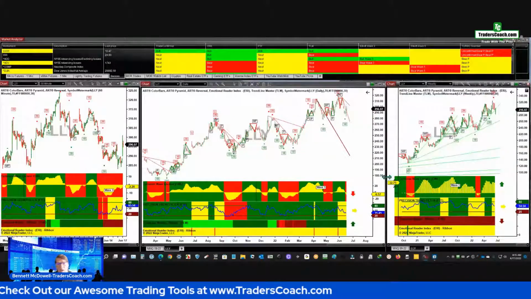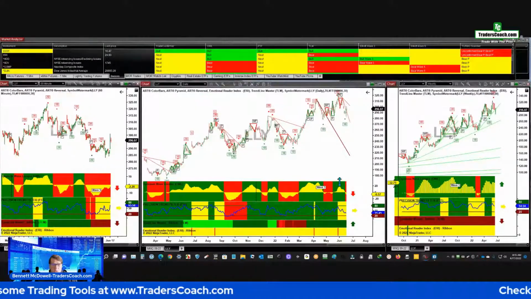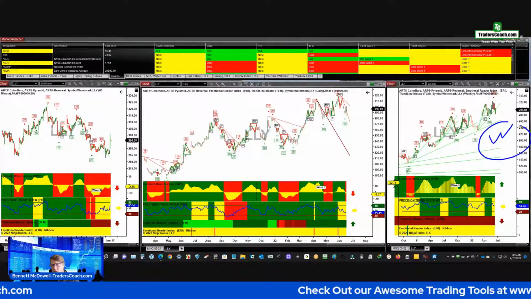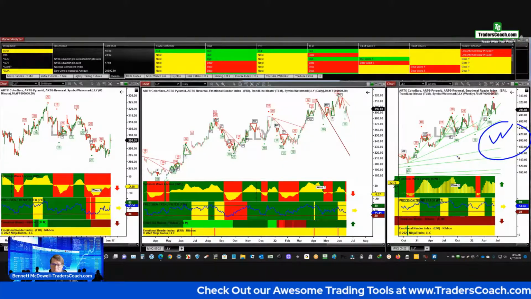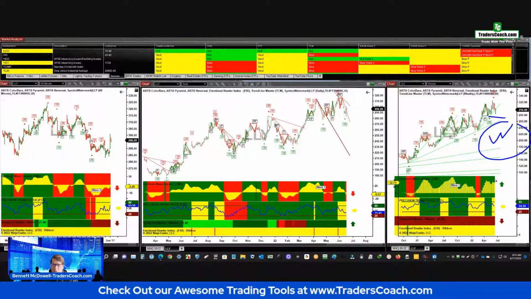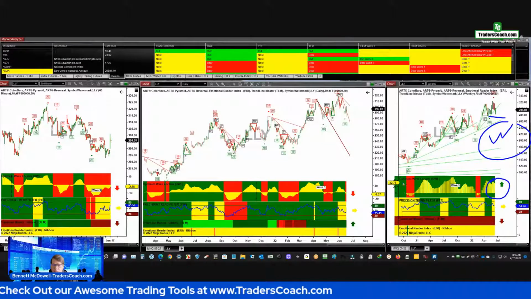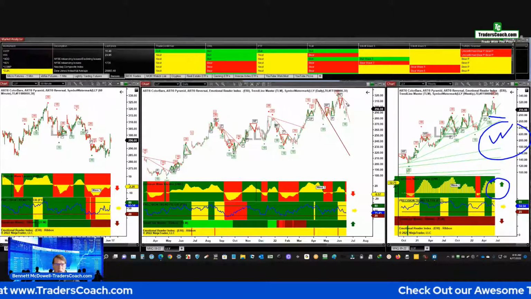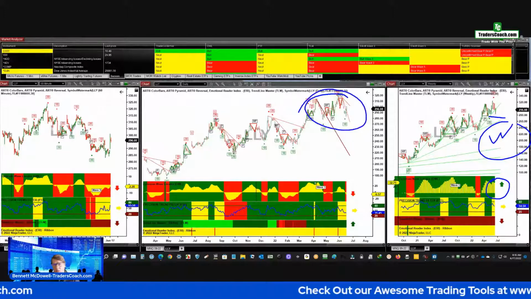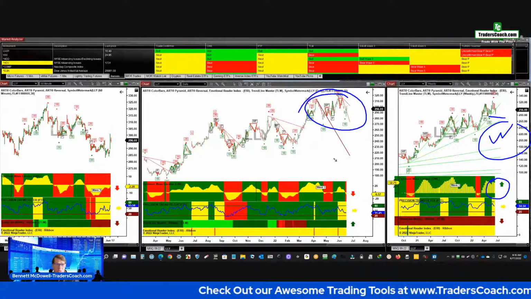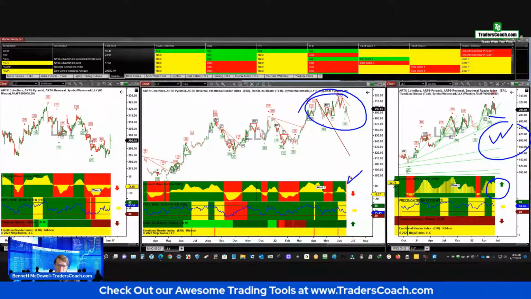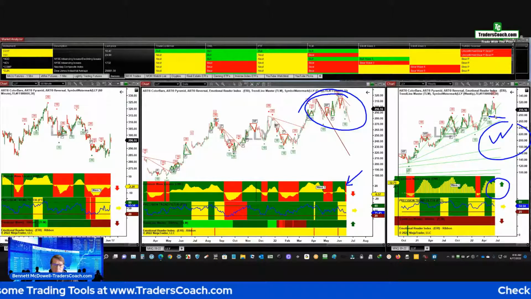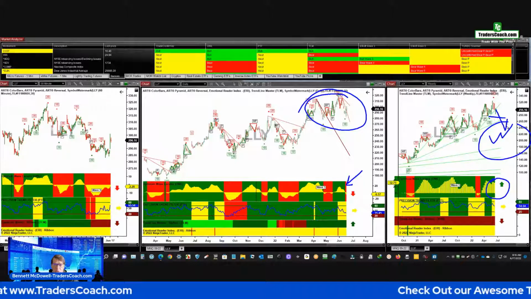All right, so here we've got a situation where we're still in a bullish uptrend on the weekly chart. We're looking at the weekly here on the far right, and it hasn't broken the pyramid. We still have bullish momentum, it's still a bullish trend. We've got a little bit of topping occurring on the daily chart. We now have bearish momentum coming in, so we may be at a point where this may go into a correction.